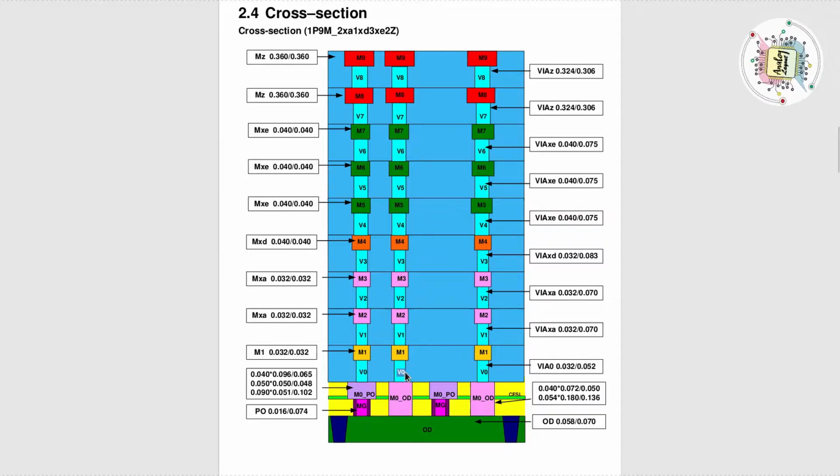We don't see these layers in the planar MOSFET, because in planar MOSFET from the beginning we get M1 metal. But when you come to the FinFET device, these M0 to PO, M0 to OD and V0 are the base level layers. This is nothing but the basic contact. V0 is the base level contact which creates the contact between OD to M1. Same, we have one more V0 here, which creates the contact between poly to M1. So V0 is the base level contact.